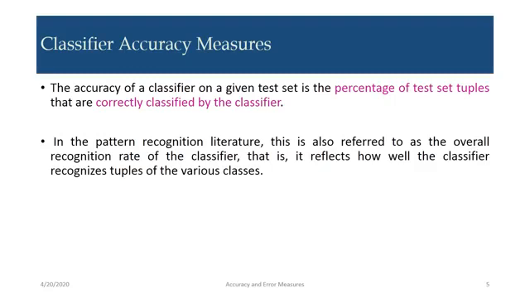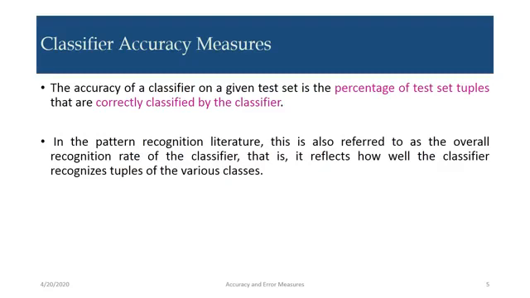First, we will focus on classifier accuracy measure. What is it? The accuracy of a classifier on a given test set is the percentage of test set tuples that are correctly classified by the classifier. Here the accuracy is measured on the test set, on which we are testing our model. As in our earlier session, I discussed that we build a classifier or model based on the training set, and we check the accuracy upon the testing set.